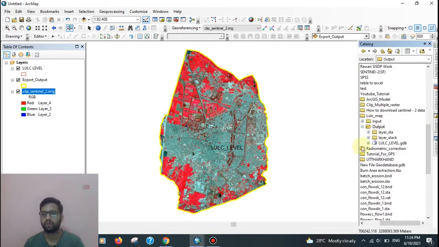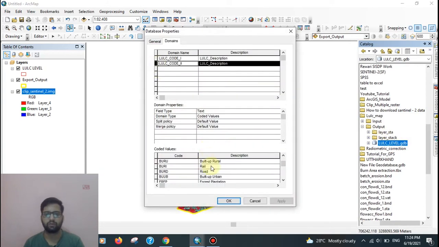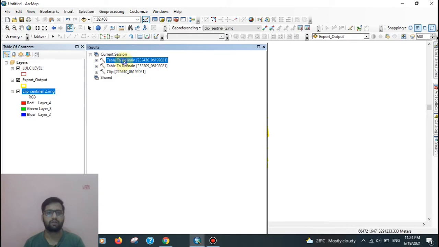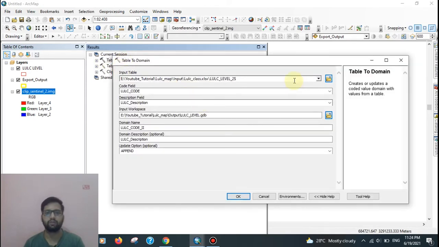So again check it, properties level 2, that describe the level 2 classes. Okay, by the similar process we add the domain 3 also.